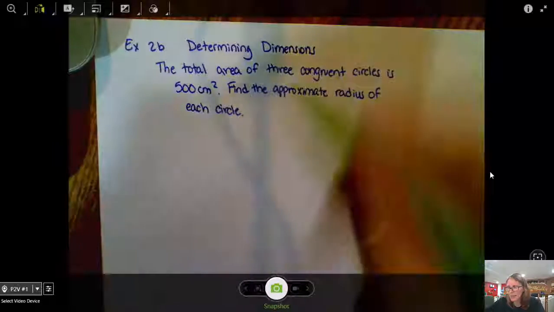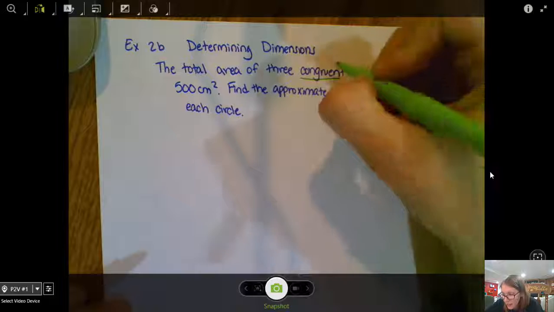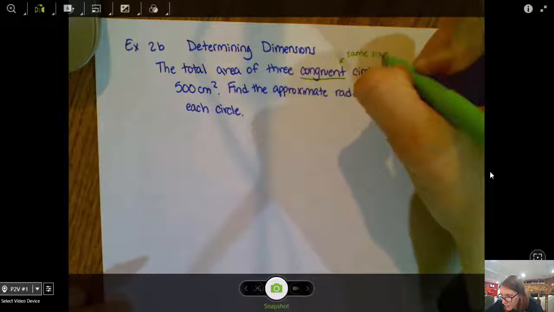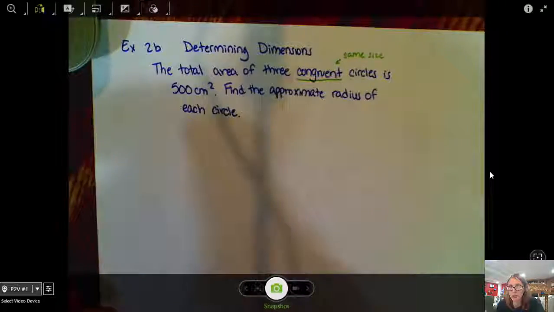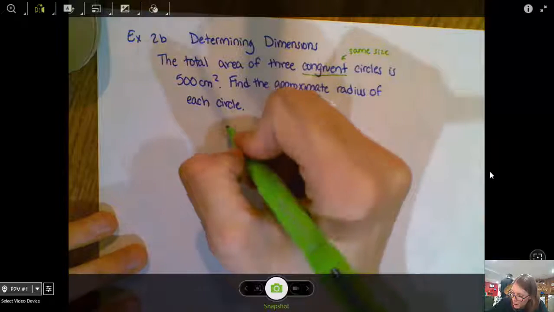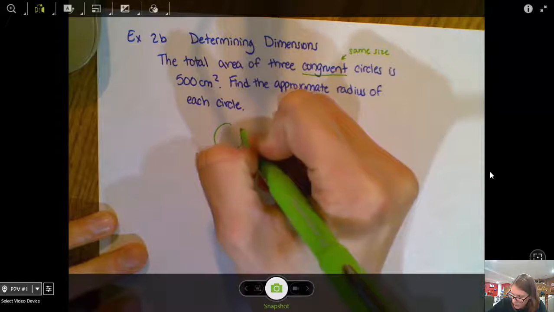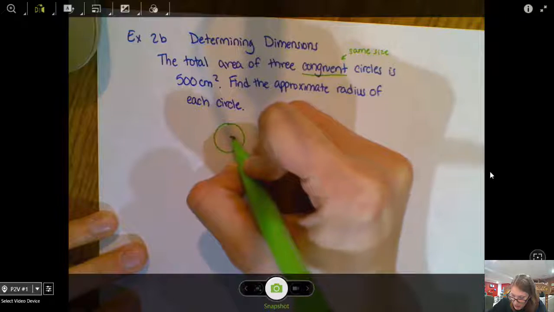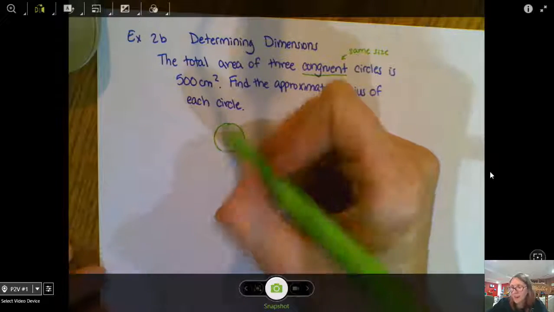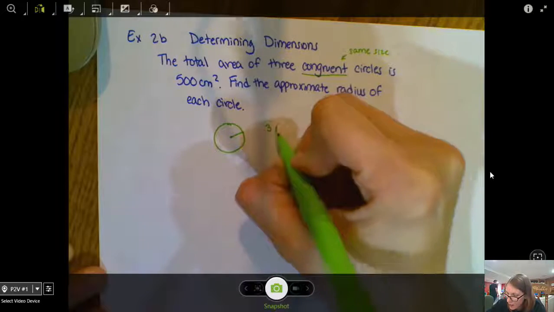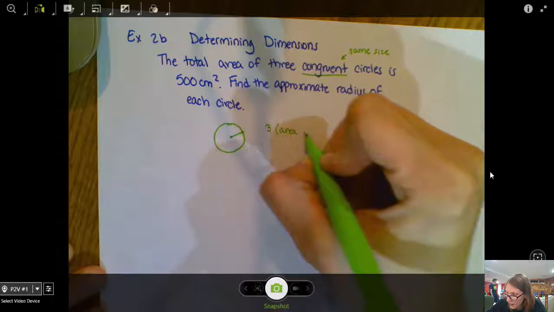First of all, congruent means that our circles are the same. They're the same size. So I have 3 of the same size circles, and altogether, those circles' areas is 500 square centimeters. So if I take the area of this one circle times 3, I'm going to get this 500 square centimeters. So 3 times the area of a circle